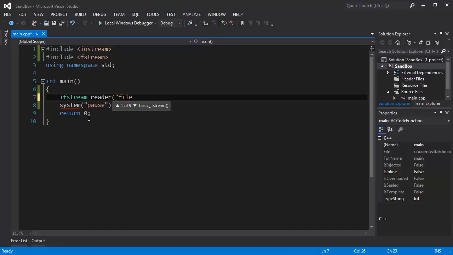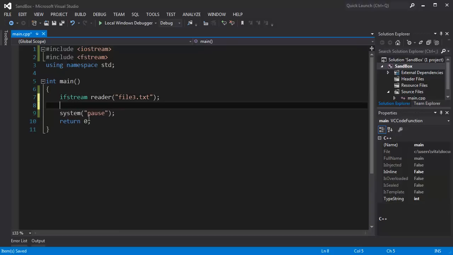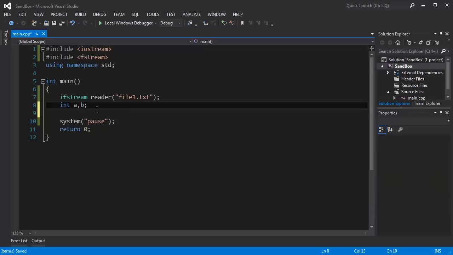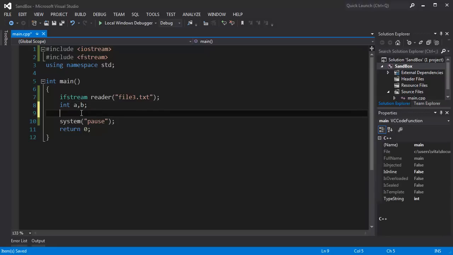So let's read, for example, the contents of file3.txt, and we're going to create that file here. But first of all, let's say there are two variables in our file that we are going to read. They are int a and b, and we are going to sum them and show the sum of those variables by reading them from a file first. So let's check if we can open the file. If reader is open, so if the file is open,